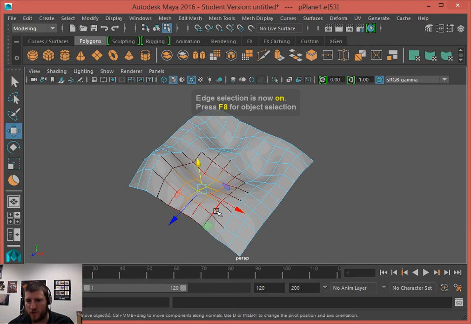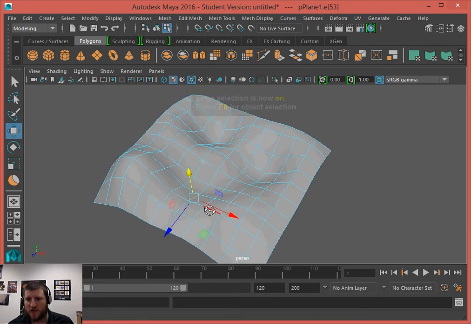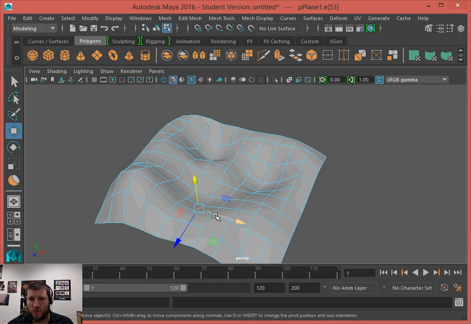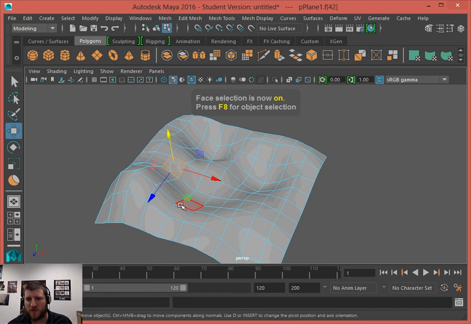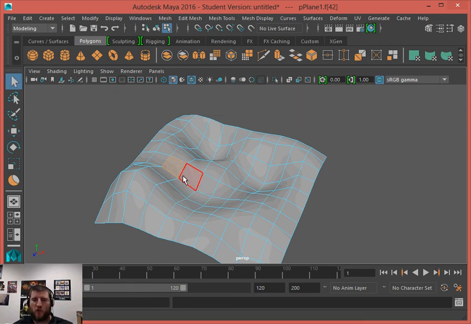One other thing I want to show you before I end this video is what's called the face loop and the edge loop. I think we've talked about this a little bit before, but there's an easy way to select an edge loop or a face loop. So we'll start with the edge. I've got this edge right here, and you notice the edge loop that connects to it is all of these edges as they go along. If you just double click on any one of those edges, you'll notice that Maya automatically selects the entire loop.